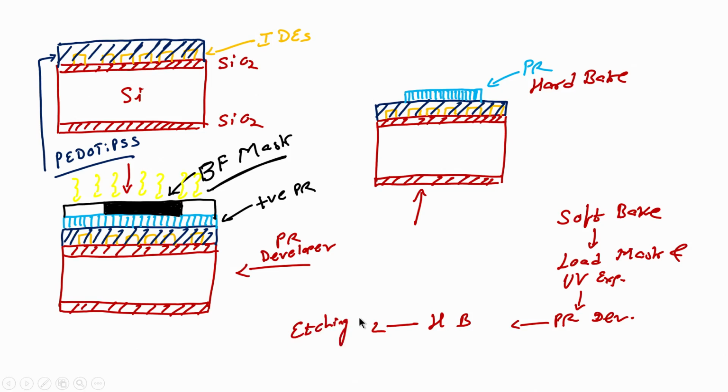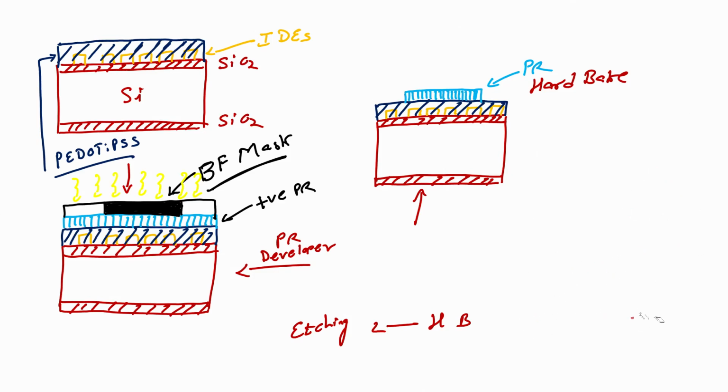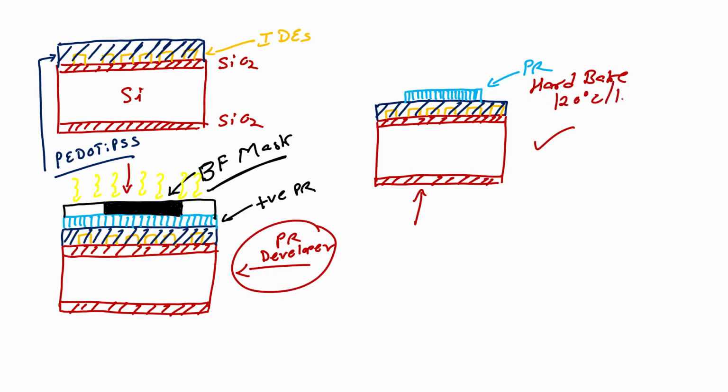Alright. This is in case of positive and negative photoresist. Right. So, what we have to do after the UV exposure step, we have to load the mask. After photoresist exposure step, we have to develop the wafer or develop the photoresist, and then after photoresist is developed, it will look like this particular pattern, followed by which we have to do hard bake at 120 degree centigrade for 1 minute on hot plate, followed by